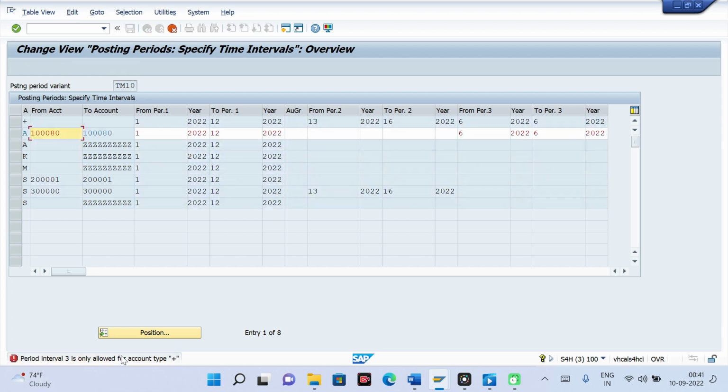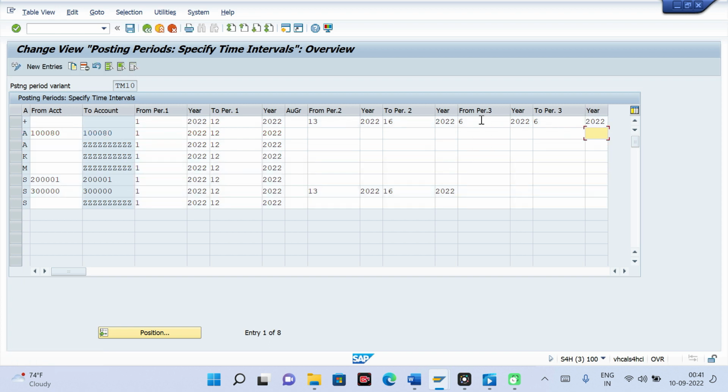See, it is throwing an error. Period 3 is only allowed for the plus sign, so it is not allowed for other. Therefore, if you are maintaining period 3, the system will come and check here, whether it is open or not. If it is not open, it will throw an error.